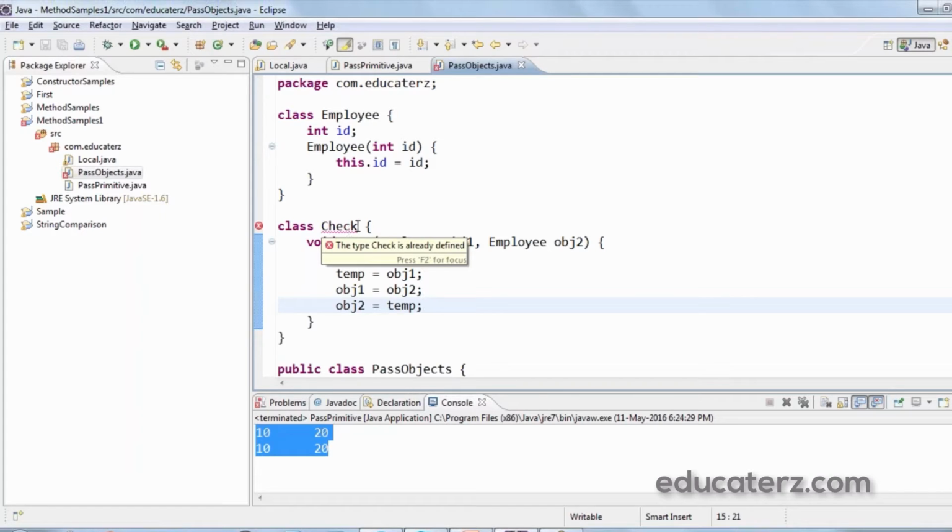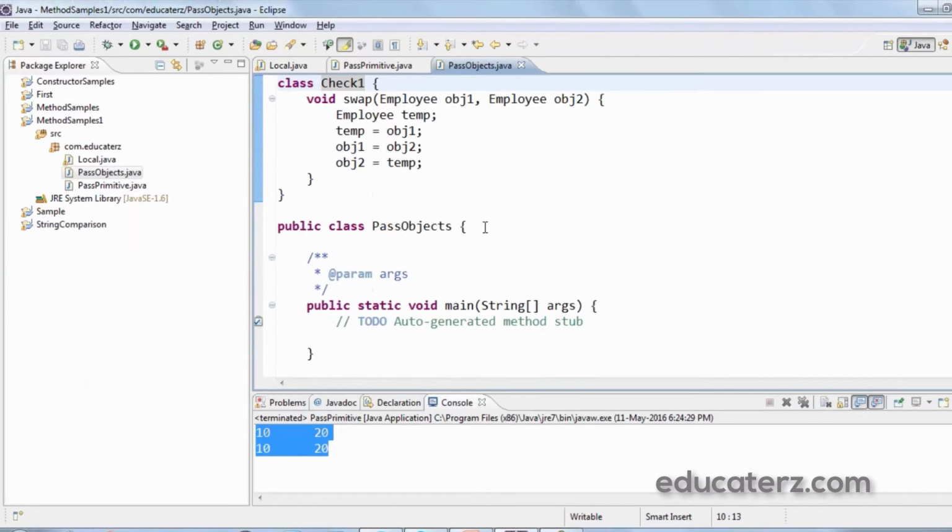Check is already defined, so let me define it as check1. Now in PassObjects I require two Employee objects. So I say Employee obj1 equals new Employee.